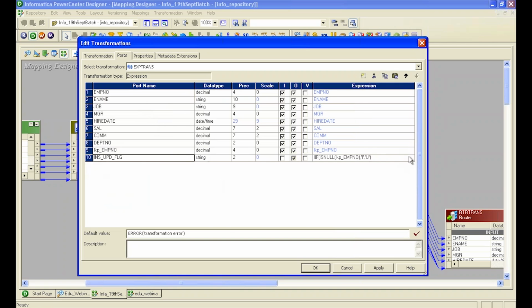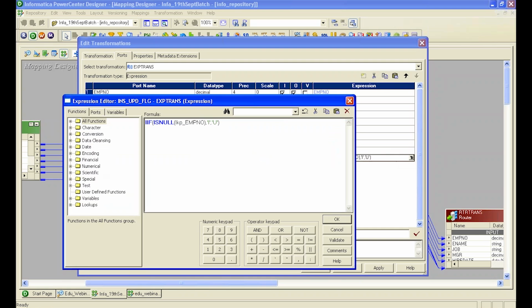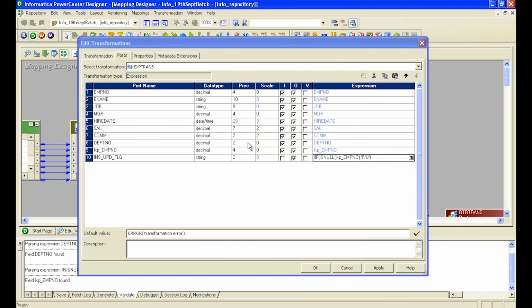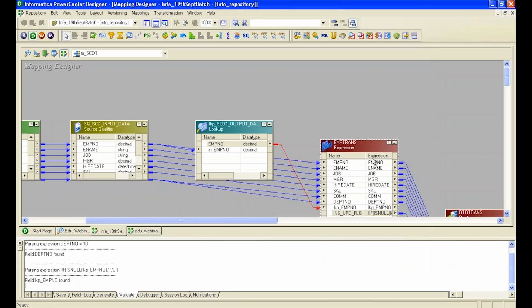So I've created another port, and you can click here and write your expressions here, and I have flagged the record. If the record is coming and this value is coming as null, the value of this particular port should be I. And if the value that is coming is some valid value, it's going to be U. All right. Then what I'm going to do is,